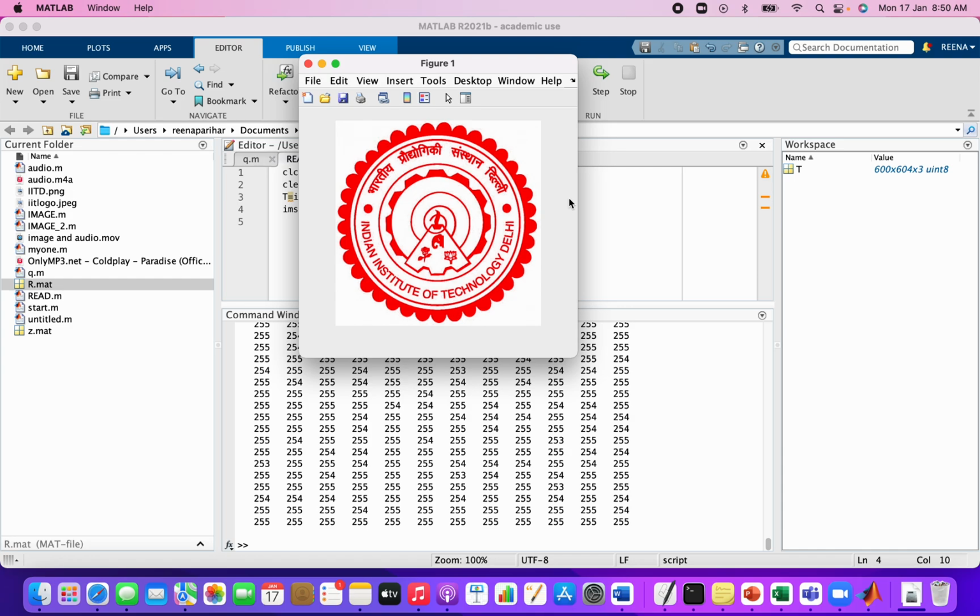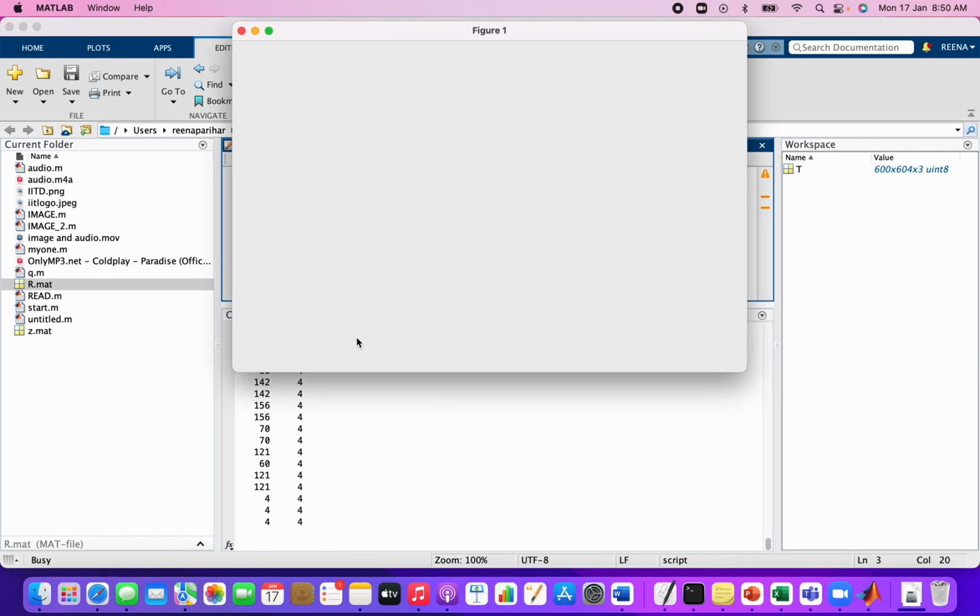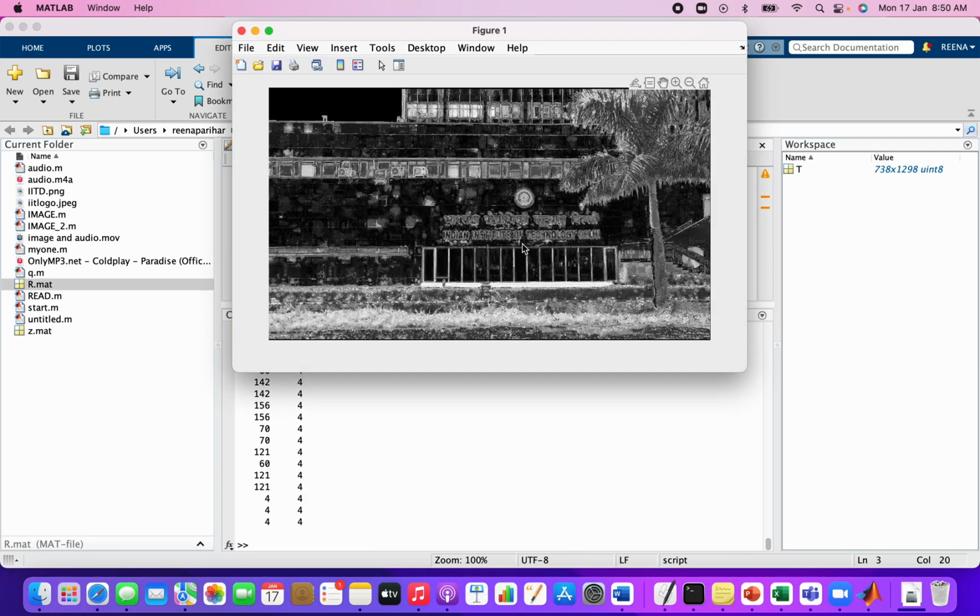Okay, this is the IITD logo. Suppose I want to see my IITD file, and then run. So see, this is my IITD building, which is black and white for now.